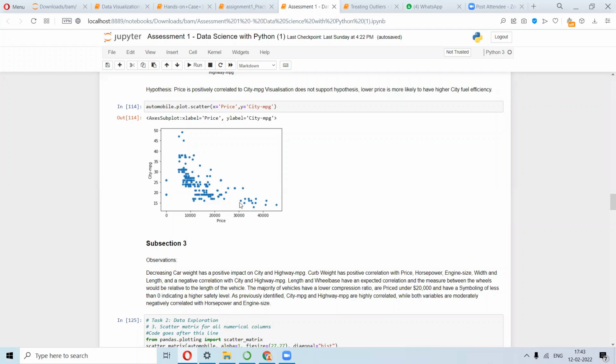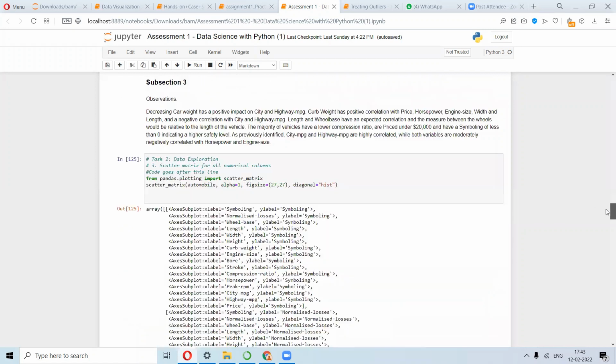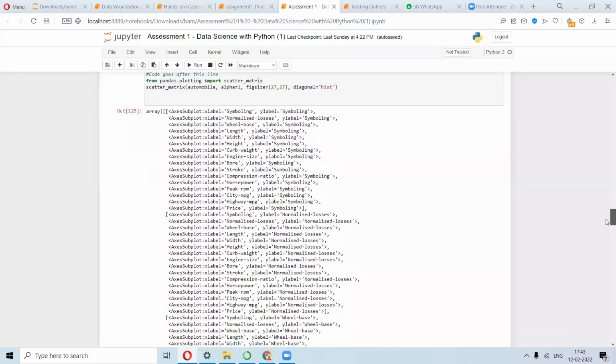Mostly, for a certain price segment you have the maximum concentration, so you can find a good mileage car within those price boundaries. But overall, it's decreasing.